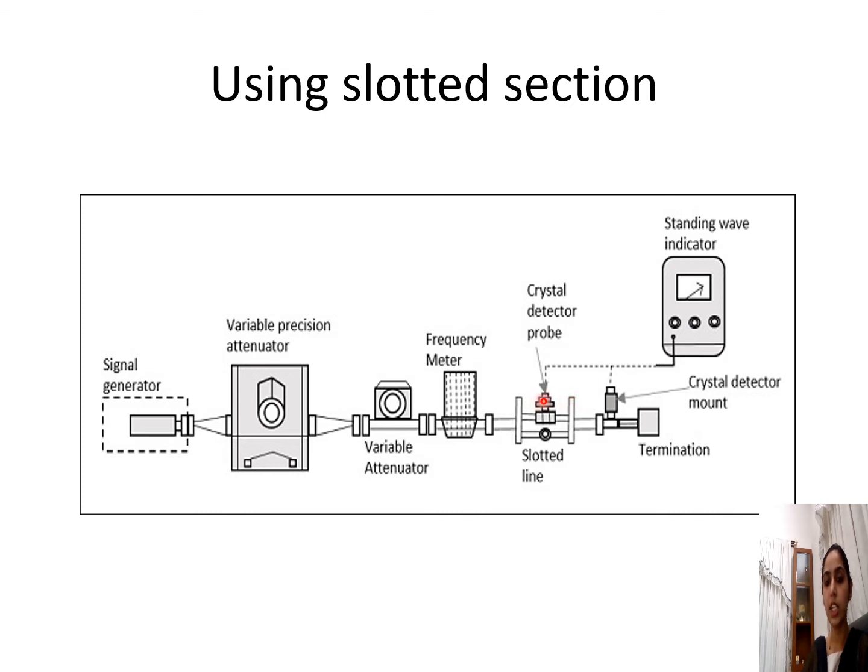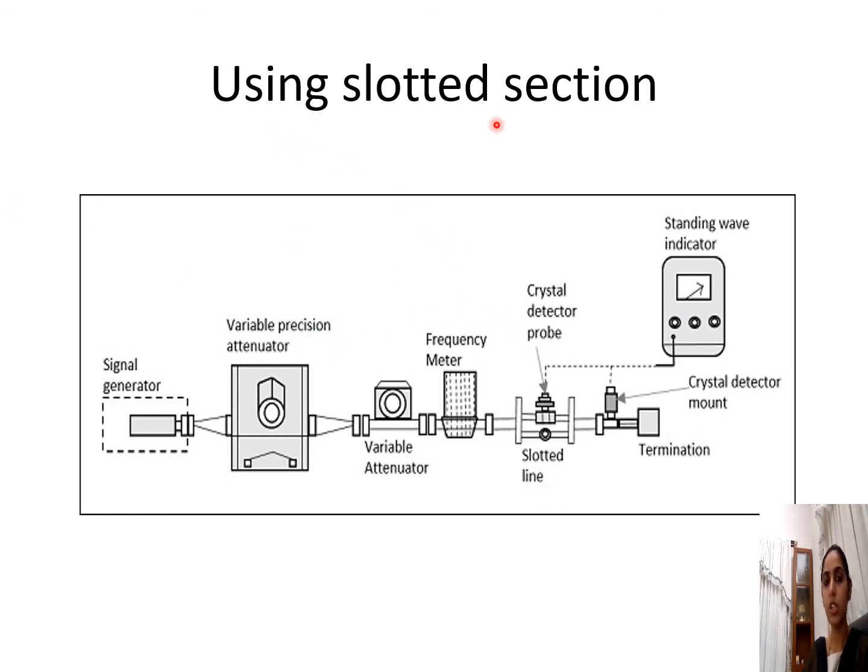When we vary this, obviously we can measure the deviation by the VSWR meter. Now if it is not a matched load from the termination side, that is, if the impedance of the load and the waveguide do not match, obviously we know standing waves will be produced. There will be reflection from the load side and production of standing waves. So we can measure all this using such a setup. We can measure the VSWR, V max, V minimum, etc. by using this particular slotted section.